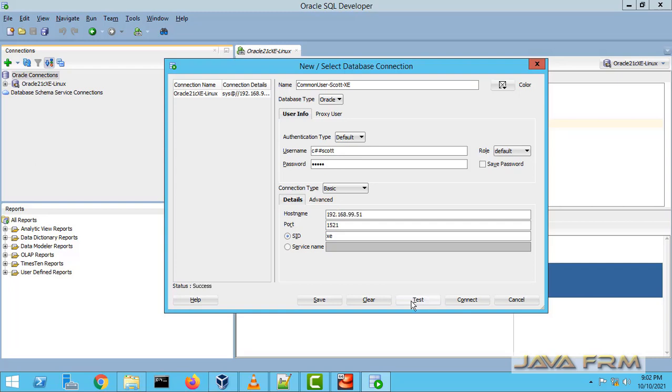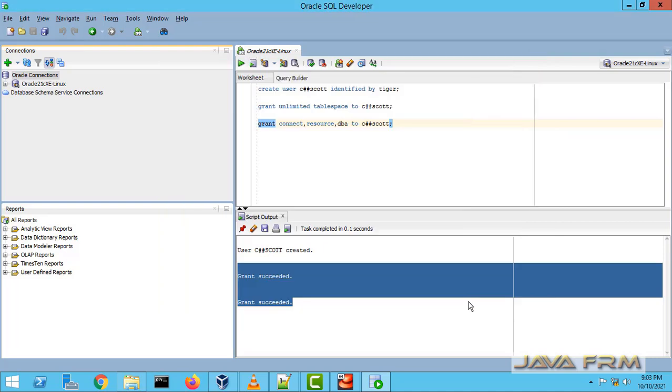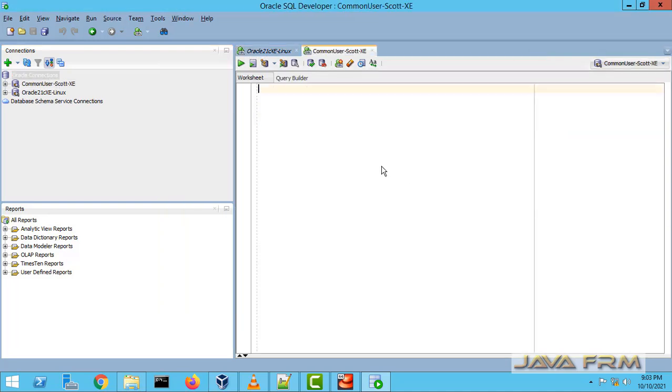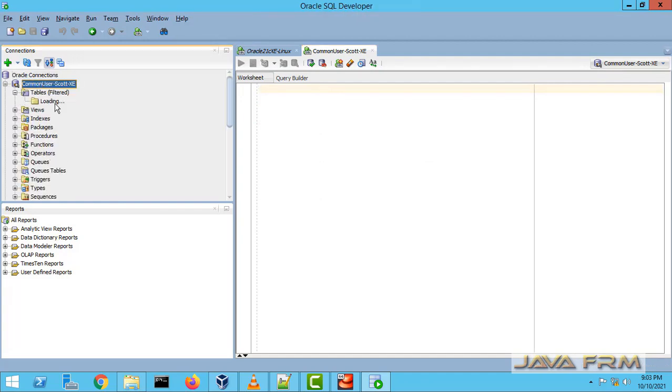Then the password, and the database SID is XE, that is the Express Edition database. Yes, so I can connect as the C##scott common user from SQL Developer to the XE database. This is a container database.